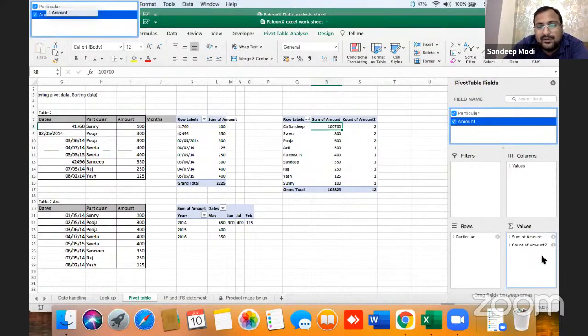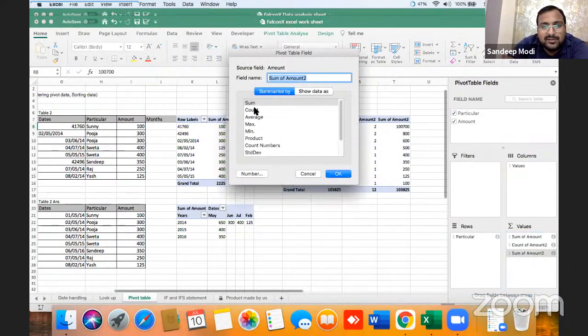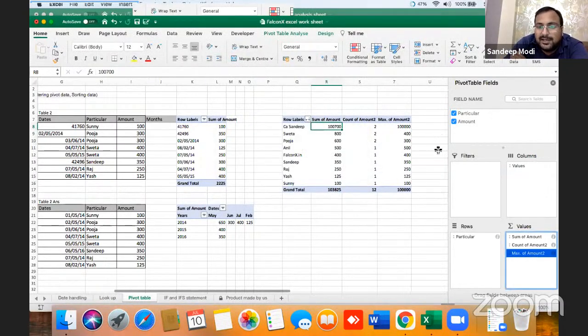If I want product, I can easily use it. Average, max, minimum, product, count numbers, whatever I want, I can get it. Maximum single bill which is pending, I can get it from here.